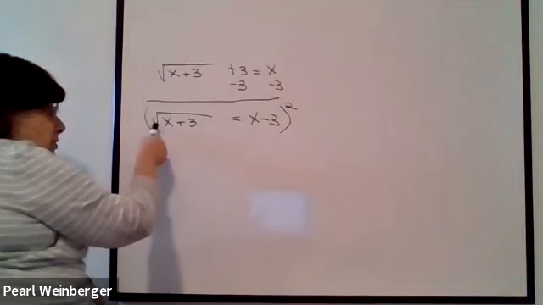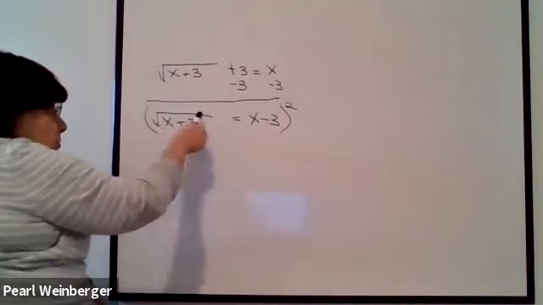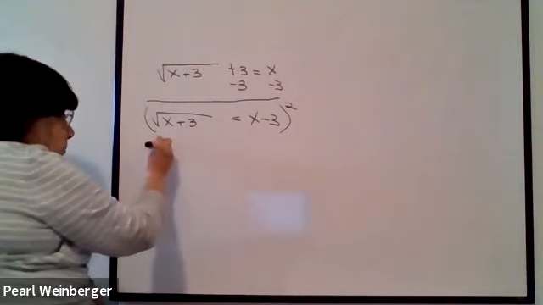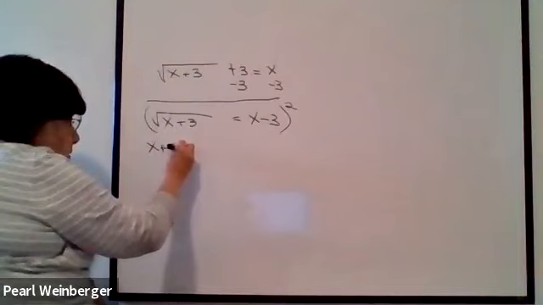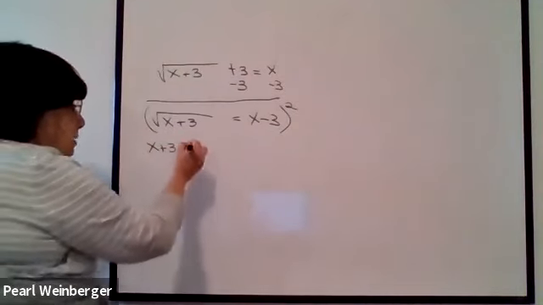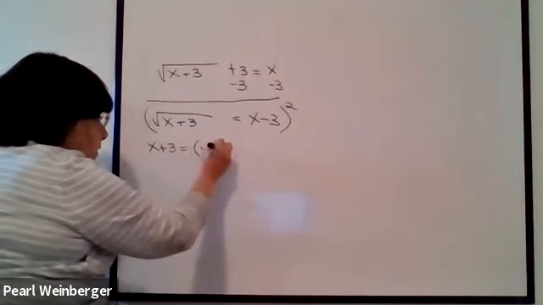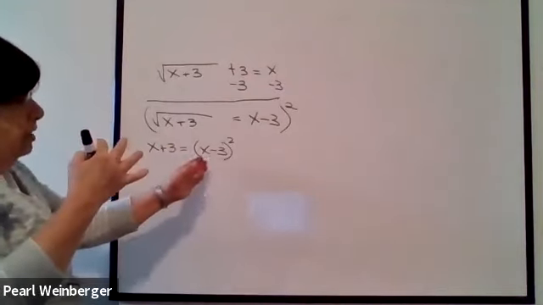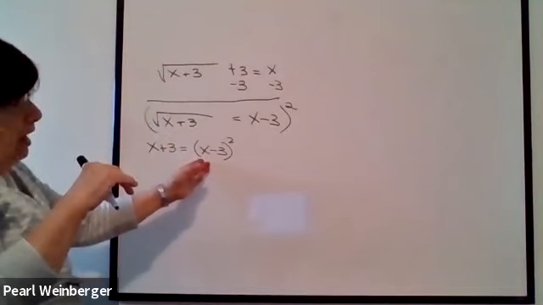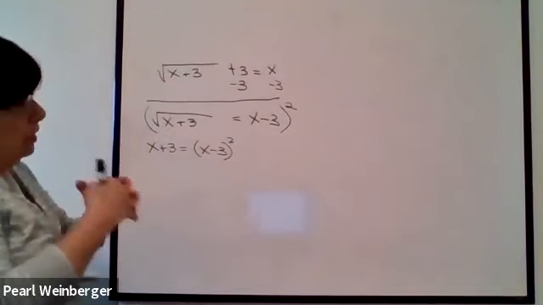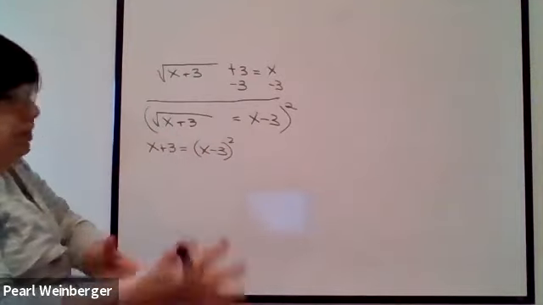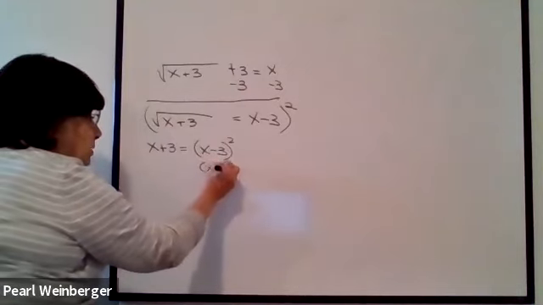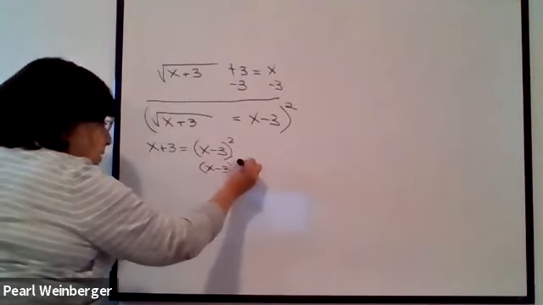Again, when we square the side that has the radical, when you multiply the square root of x plus 3 by itself, you just get the x plus 3. But on the other side, we actually have to do x minus 3 squared. I'm writing it and I can't do it in my head because this is a binomial squared. And I know it's not just a number squared. I can't just say x squared and 3 squared. I have to actually do FOIL. I have to do x minus 3 times x minus 3,